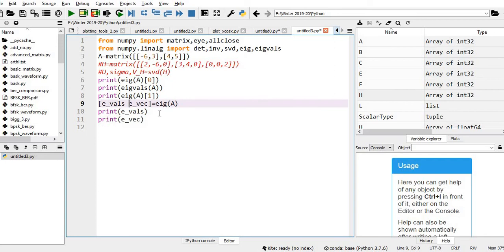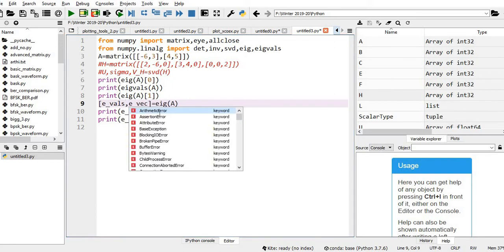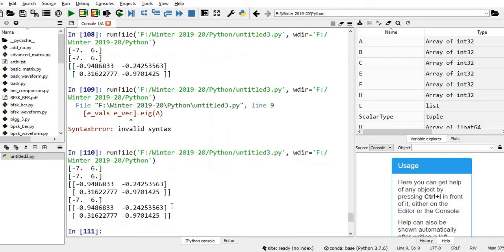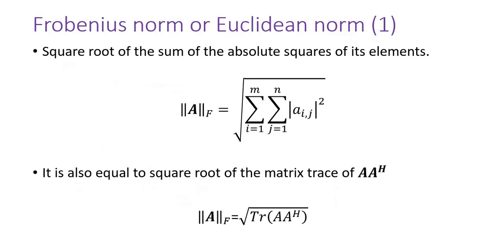The error is I need to place a comma. Okay, see now it is working. Okay, I'm just getting the same answer. Then